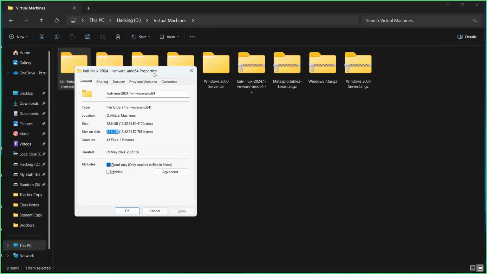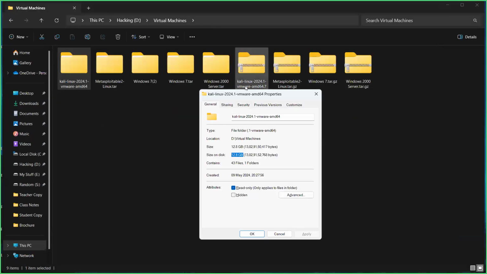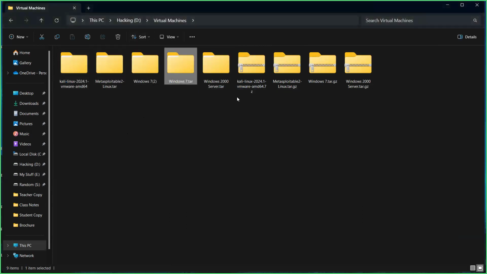So Syed, as mentioned, if you notice, just for Kali itself, it is occupying close to 20 gigabytes, the zip file and the extracted file and the VMware and all that. Along with that, we might need to install other virtual machines as well, Metasploitable, Windows 7. So as we progress with classes, we'll be installing other virtual machines as well. So recommended storage would be at least 50 gigabytes. To start, 40 or 20 should be sufficient. But as you progress, I would recommend at least 50 gigabytes of free space.